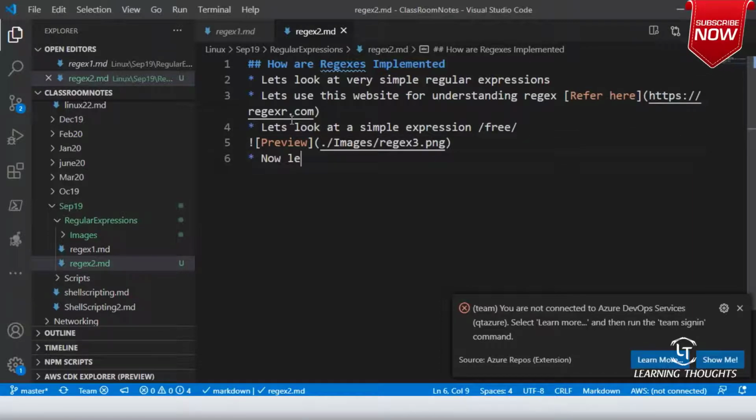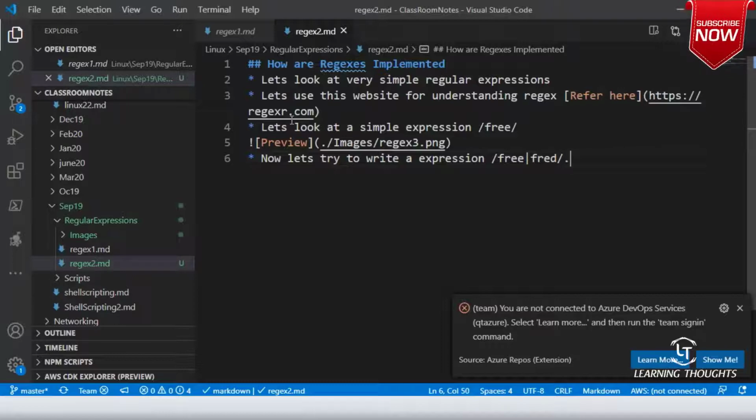Now let's try to write a regular expression. Don't worry about how I am writing this expression. I'm trying to tell you the meaning also, right? So FRE colon FRED. Okay, right. This is match FREE or match FRED.